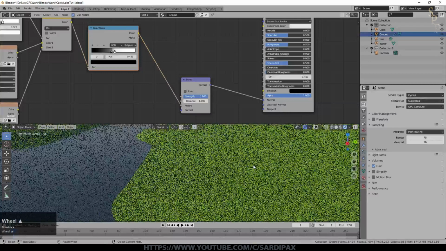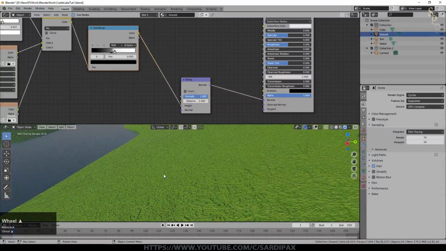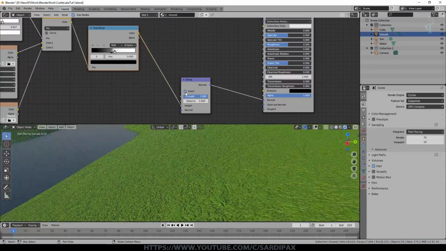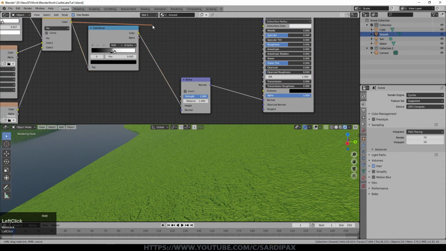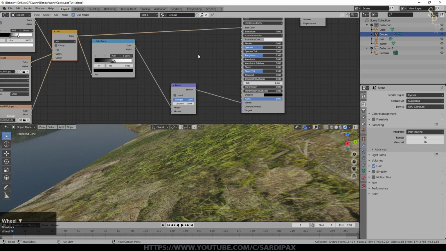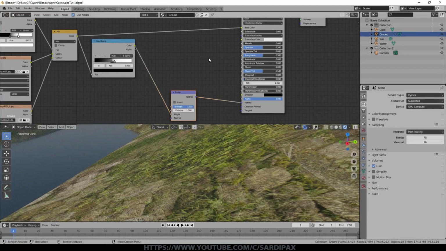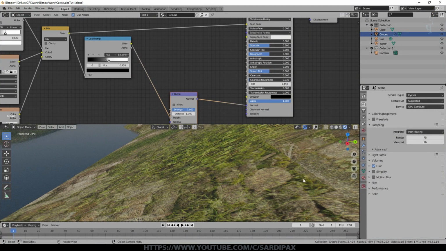If I zoom in a little bit, you should be able to see we're starting to get some surface texture. Now you then have to decide, is that the right way around or does it need to be that way around? All that does is obviously inverts it. I think it was fine as it is. And then take the image back into the base color. Obviously, if you really want to, you can control which bump is being used depending on which image is being used. I didn't worry too much about that as there's going to be grass on top of a lot of this anyway. And also the grass is still giving some useful texture to the rock.